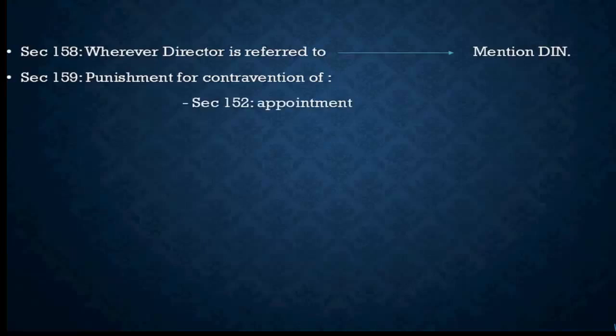Section 152 deals with the appointment of director, and as per the appointment, the director has to have DIN on a mandatory basis. If he does not have the DIN and is being appointed, he would attract this penalty of section 159, right? And then the other provisions are section 155 and 156. Section 155 deals with the person applying for, obtaining or possessing another DIN. If he does so, he is found to be guilty and would be attracting the punishment under section 159.